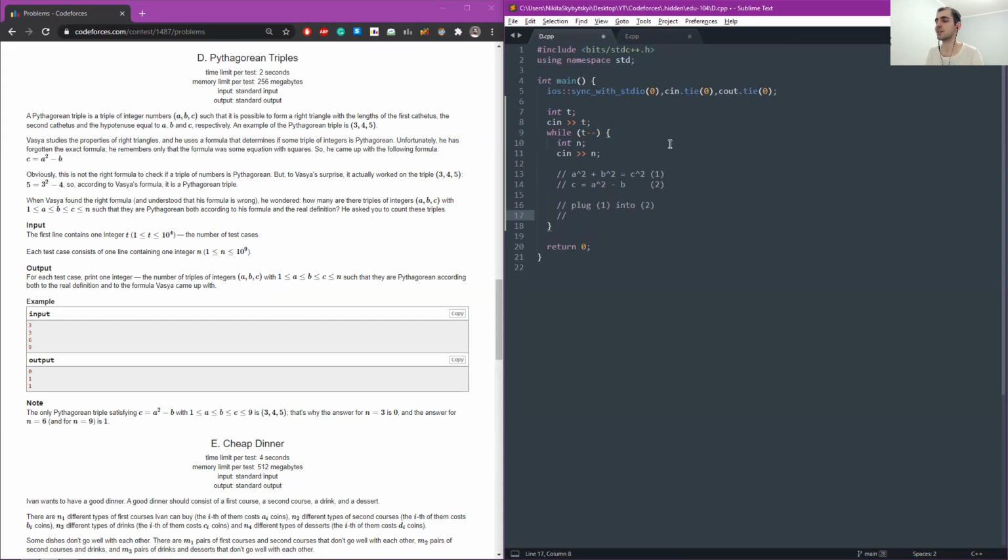What do we get? Obviously we replace a squared because it's the only term that is common, and we replace it with c squared minus b squared probably. So we should end up with b squared plus b equals c squared minus c, which decomposes nicely as a product of b times (b plus 1) and c times (c minus 1). And these numbers are pretty equal, because if they are not, then you're done, right?